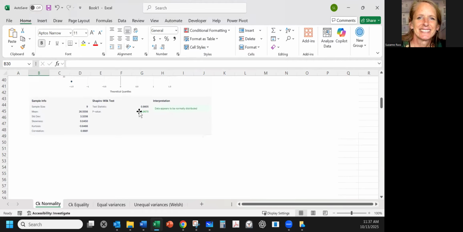we know that first off, our p-value is well above. Let's just write that down here. Let's write the Shapiro-Wilk. W equals 0.9805. And we know the P is greater than 0.05. It equals 0.9870. And this allows us,